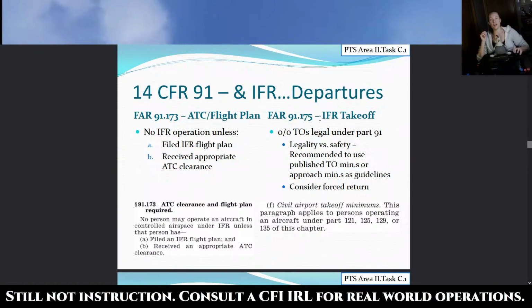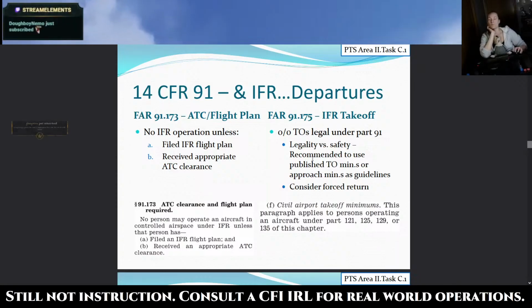FAR 91-175, taking off IFR. 0-0 takeoffs. So having zero visibility, zero ceiling is technically legal under Part 91. If you look at this, our civil airport takeoff minimums, this paragraph applies to persons operating an aircraft under Part 121, 125, 129, or 135 of this chapter. So, it does not include 91. 0-0 takeoff is legal. But we want to consider legality versus safety. It is